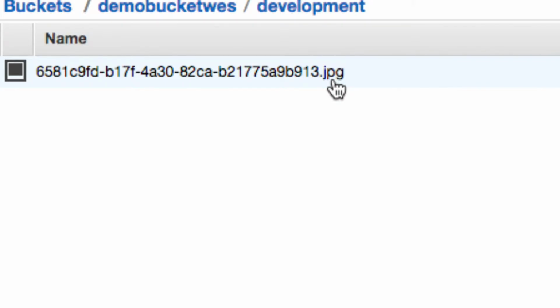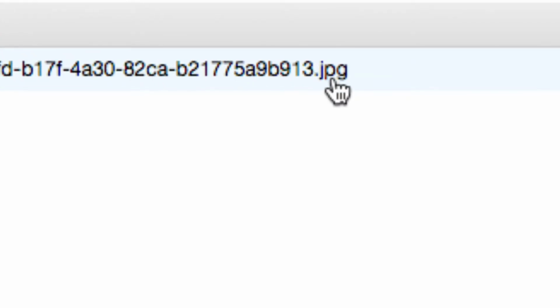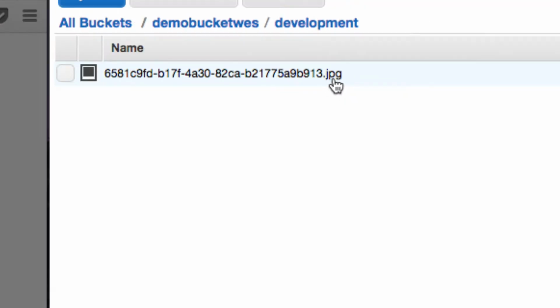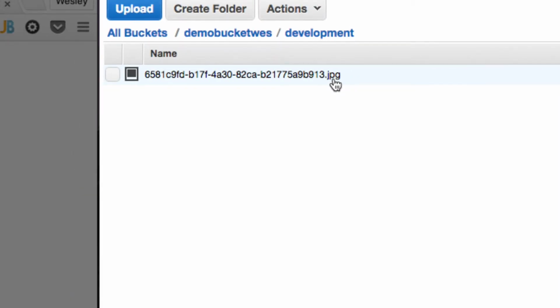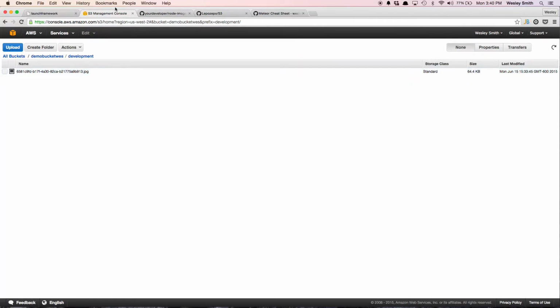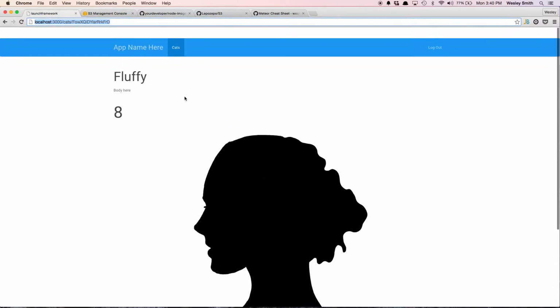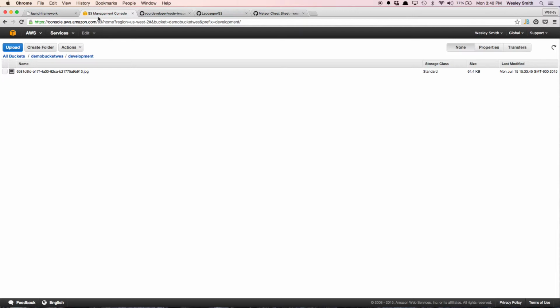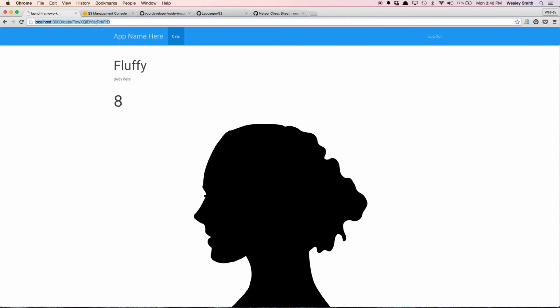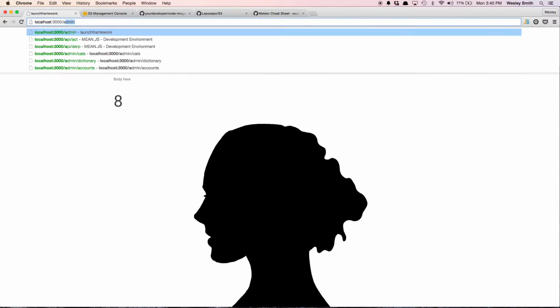Now, that should be enough to get you started with images. Let me zoom out here. That should be enough to get you started with images. So the key takeaways from this whole thing are you need to be safe with your keys, right? When you go to your security credentials. You need to configure your bucket to have the right settings on it. And then after you've configured those security credentials